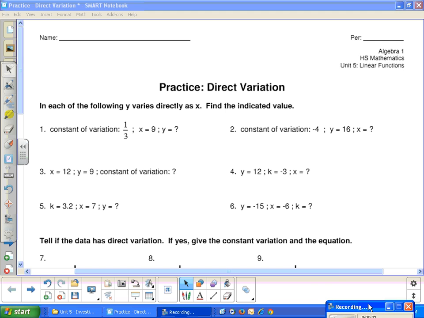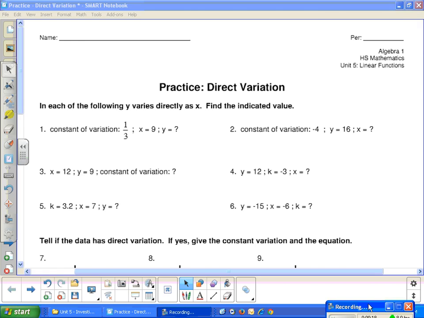When we talk about y goes directly with x, think about an example. Think about you and kids going to the show. What, $8 right now for a ticket? Well, if one of you goes, how much are you going to spend? You go by yourself, $8. Two of you go, how much are you going to have to